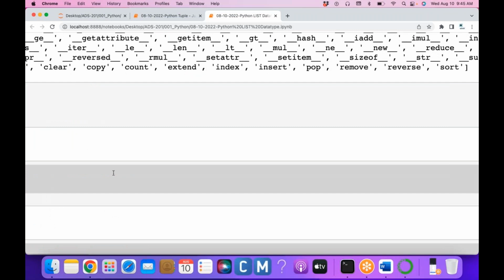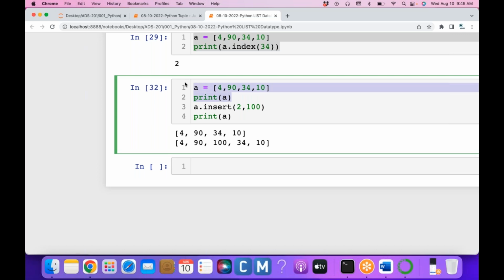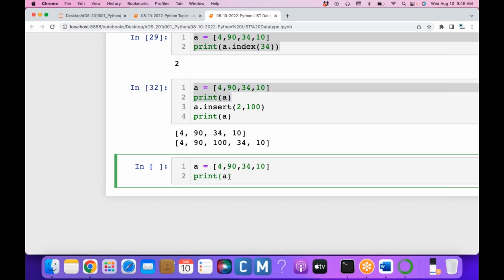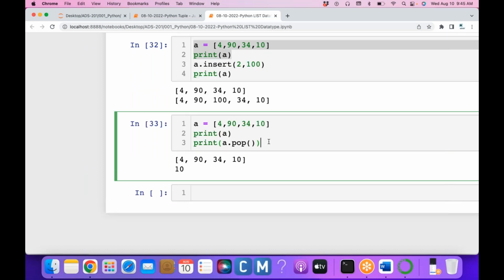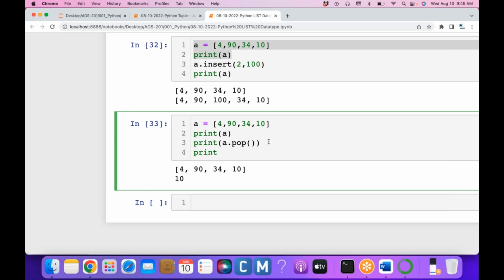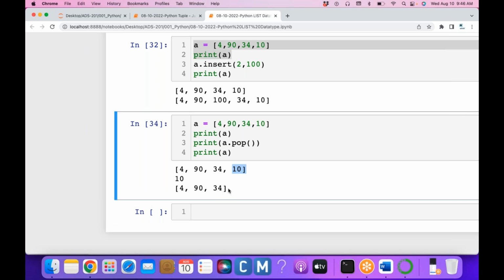So, pop and reverse. Let me go with pop. Pop will help you remove the element from right to left. When I'm using pop, it removes the last element by default. Once it is removed, I want to know what elements are there in A. Once we remove the 10, out of 4 we have only 3 elements. If I go with